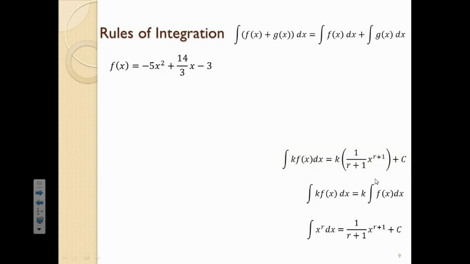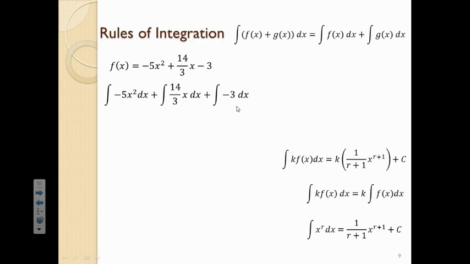Now, this last one says that the integral of one function plus another function is equal to the integral of the first function plus the integral of the second function. This is a lot like taking the derivative. This would be the first function, this would be the second function, and this would be the third function. So we can simply take the integral of each one. Written out, it's going to be the integral of minus 5x squared dx plus the integral of 14/3 x dx plus the integral of